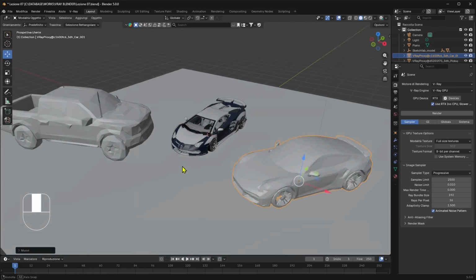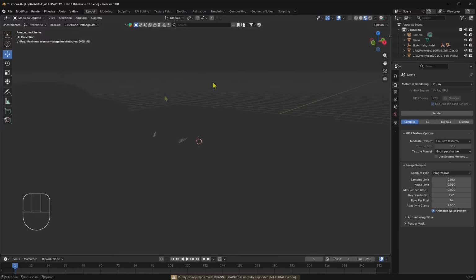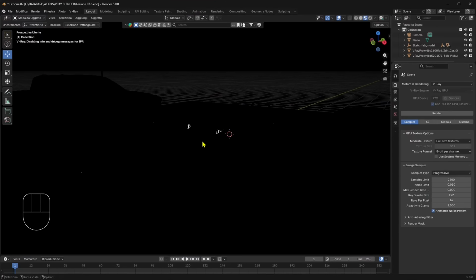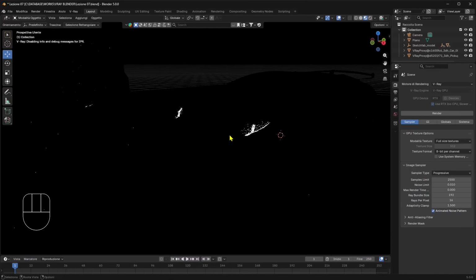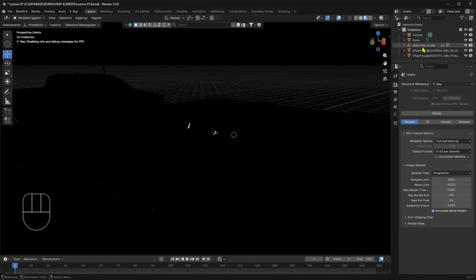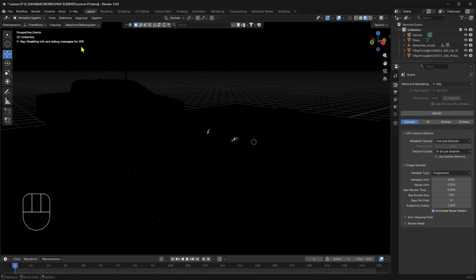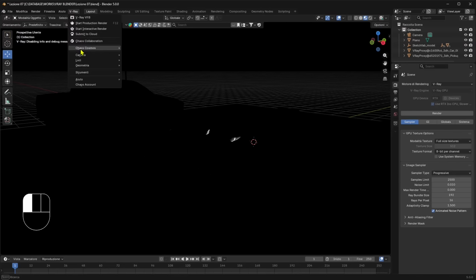I think the car that I have imported is too small, or the other way, the proxies here are too small, but I believe it's fine. I'm going to scale up the car that I imported, and I just deleted the light. So you can see it's completely dark because we don't have any light, only the emissive material on that car that we imported. So it's kind of working, but I will definitely change it into a V-Ray material. I won't keep it like a generic material, just for the reason that we explained